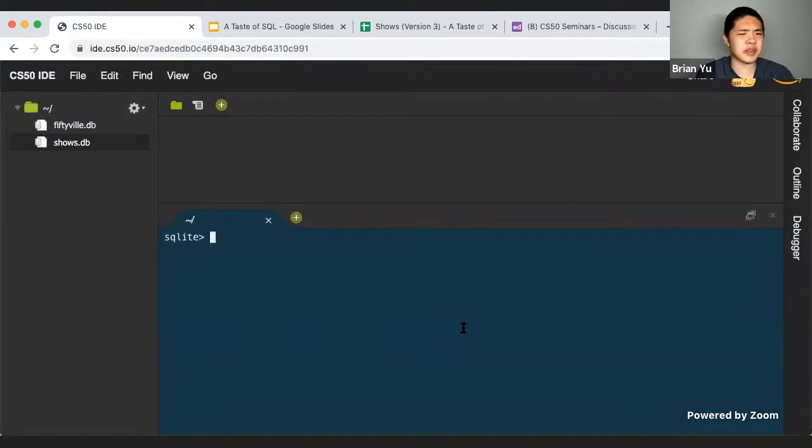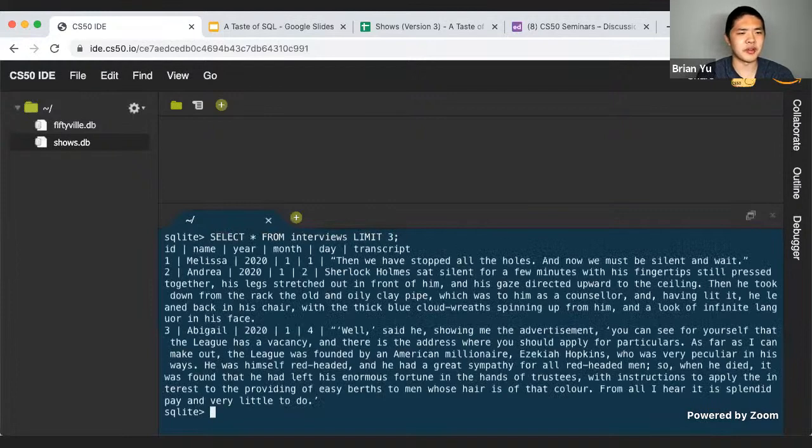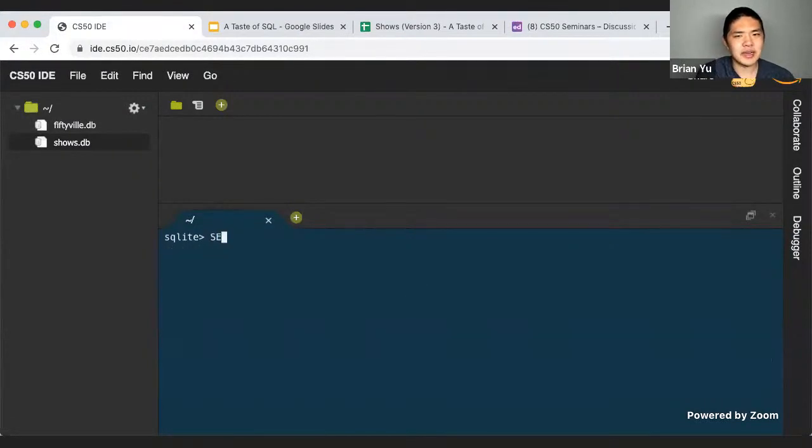So what does the interviews table look like? Let's do select star from interviews and limit ourselves to 3 results, just so we can see kind of what the interviews table looks like. Looks like every interview has a year, a month, a day, and a transcript. So let's give this a try. We know those are the columns. Let me now select star from interviews, where month equals 7 and day equals 28. And you might remember I can say, and transcript is like, and then use